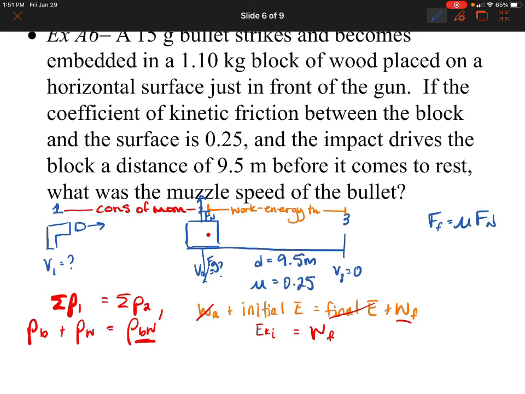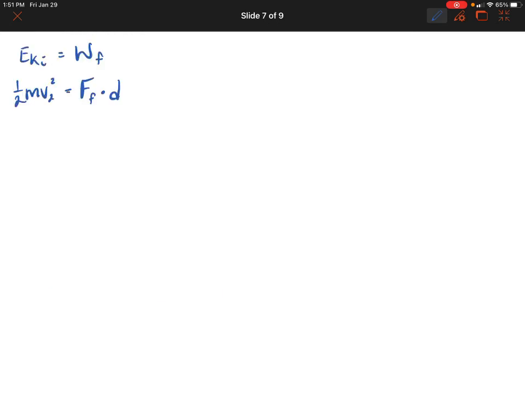Well, look at that. I know Fn and Fg are directly opposing each other. If I look at my net force equaling mass times acceleration, in the y direction, it's not accelerating. So Fn minus Fg is equal to 0. So Fn is equal to, guess what? Fg, which is mg. Okay, so we know a few more things then.